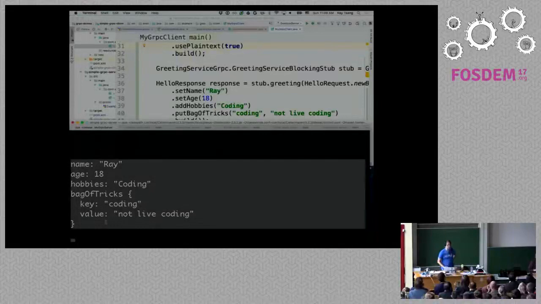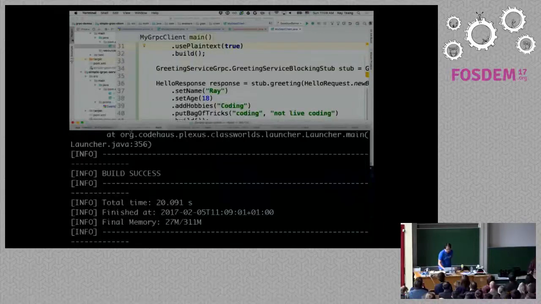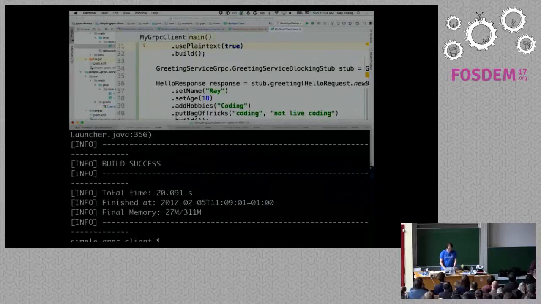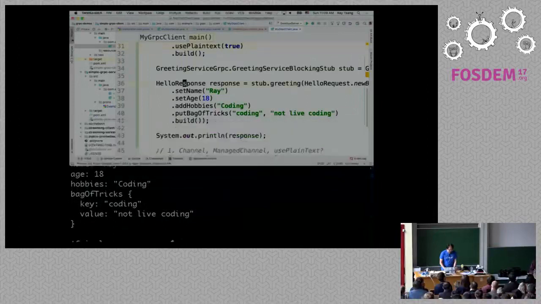And on the server side, you can see we also generate all the toStrings for you. So if you really want to, you can print this out and see all of the things I entered. So that's not so hard. That's pretty simple and straightforward for a simple service, I would say. So the next thing I need to do,